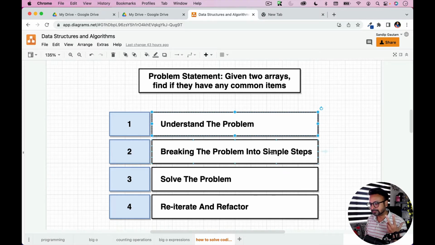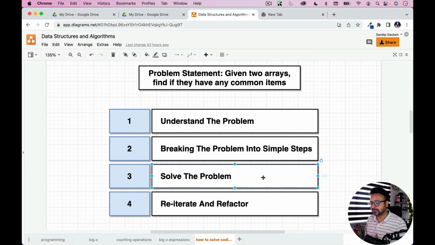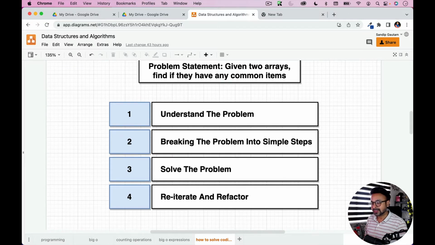Step 2 is breaking the problem into simple steps. Yes, if you want to eat a big cake, right, you need to break it down into pieces and then you can eat. So breaking the problem into simple steps. Step number 3 is the actual thing where you're going to write the code and solve the problem. And step number 4 is, once you have solved the problem, your job is not over. You need to reiterate. You need to look at your code once again, and then you need to refactor that code. So these are 4 steps on a high level,